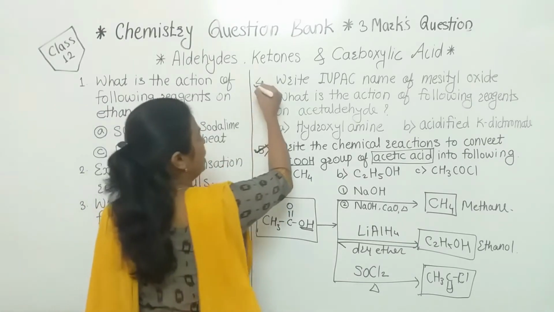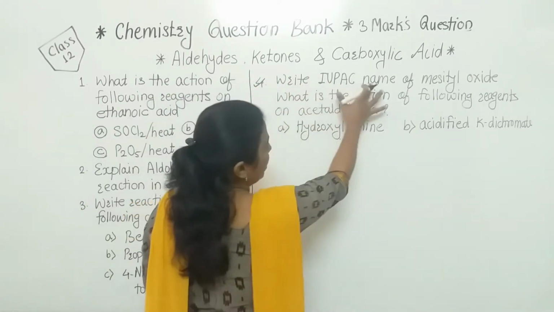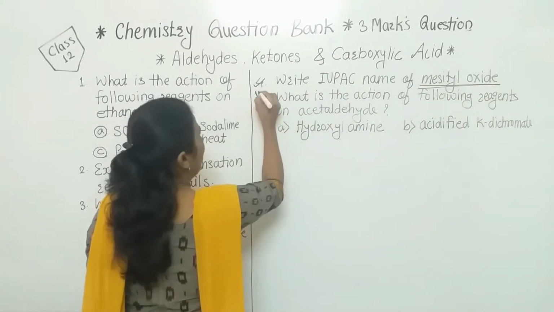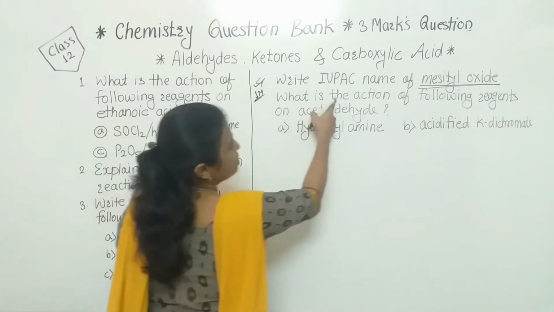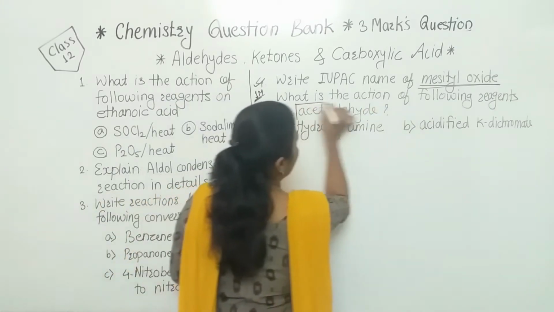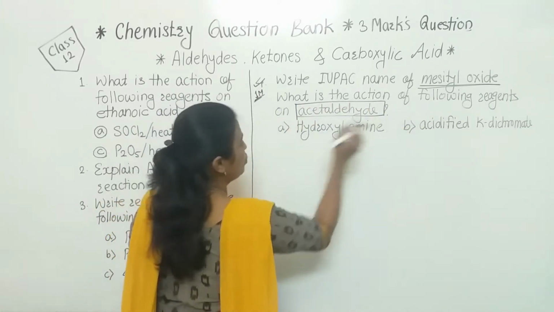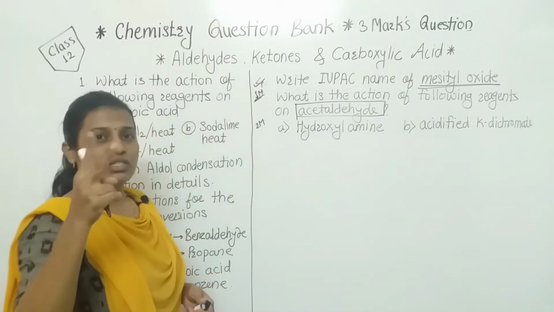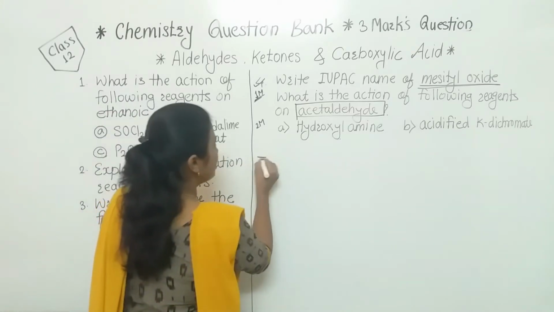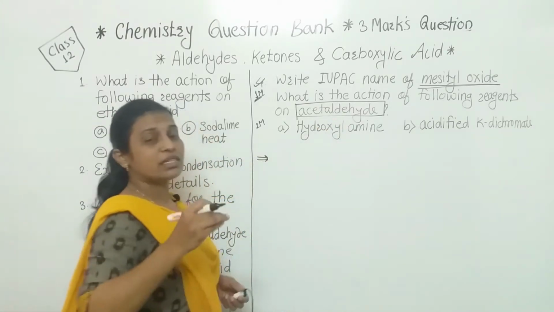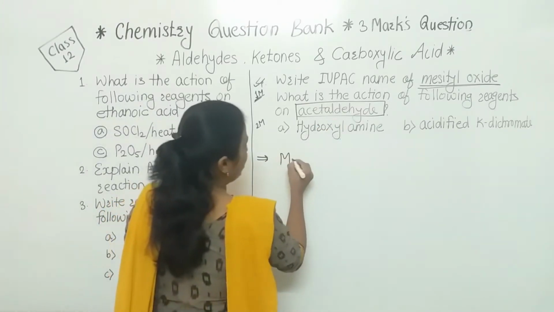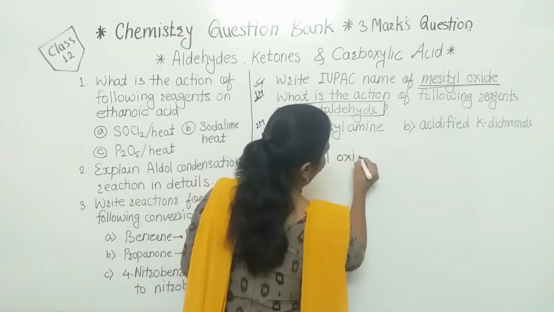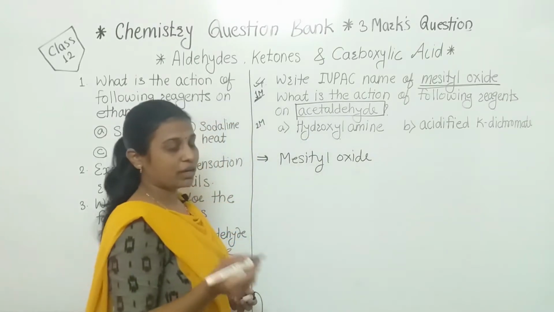Now we'll discuss the next question. Write IUPAC name of mesityl oxide. This is the 1 mark question. Next one, what is the action of following reagent on acetaldehyde of these two reagents? This is for the 2 marks. Means here that 3 marks question is divided into 2 parts. So firstly we'll discuss its IUPAC name, but before writing its IUPAC name we should know the structure,